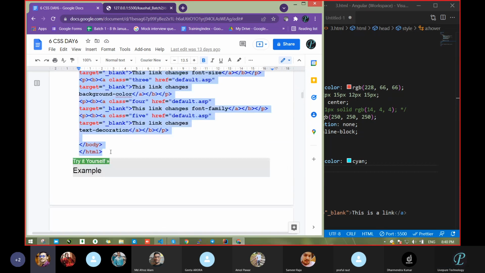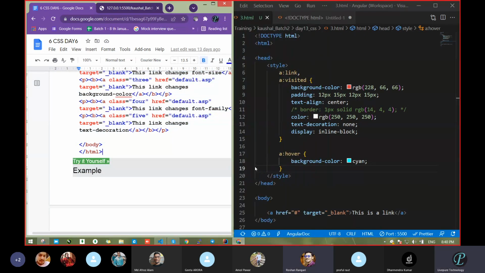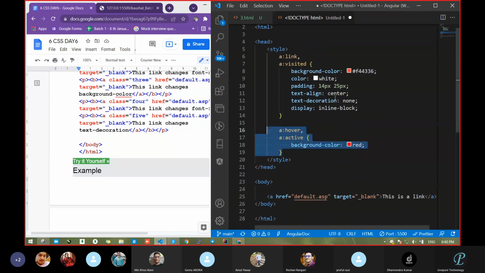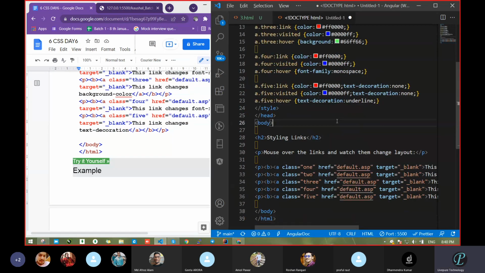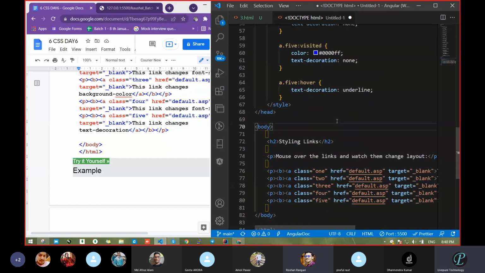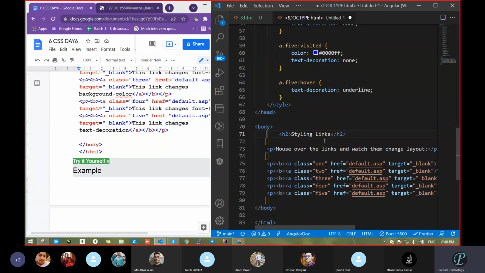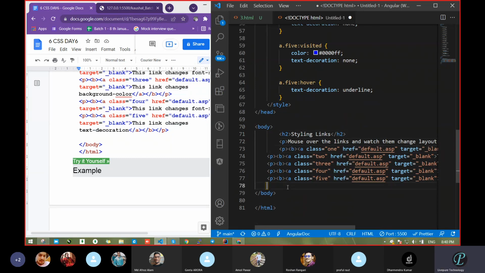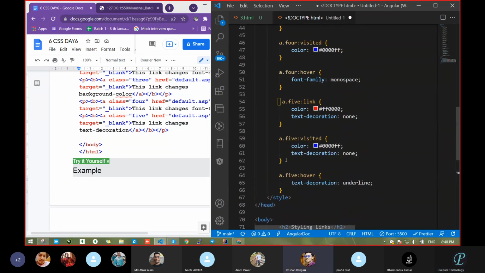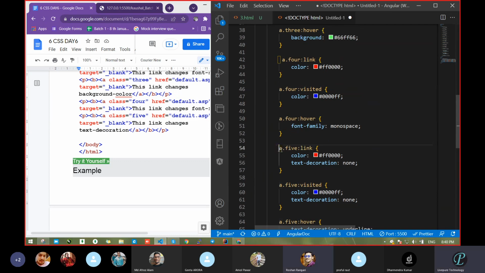I was telling in the morning, you had asked that if I take multiple links and I want different colors. That is what I am telling.